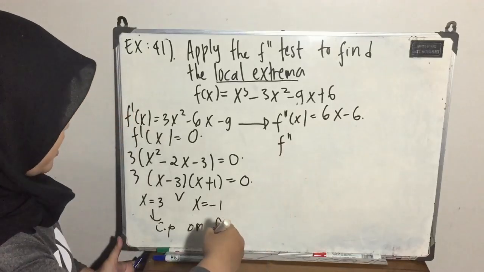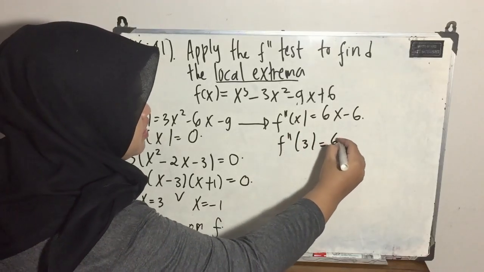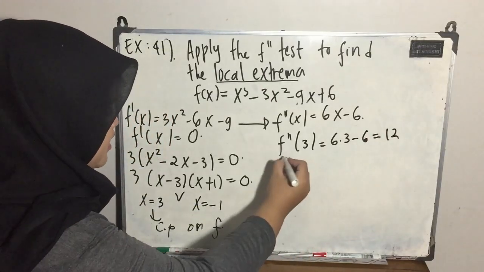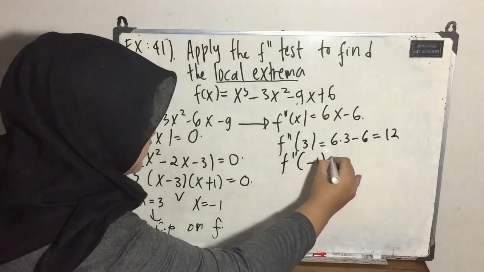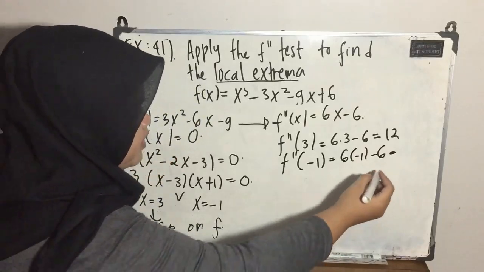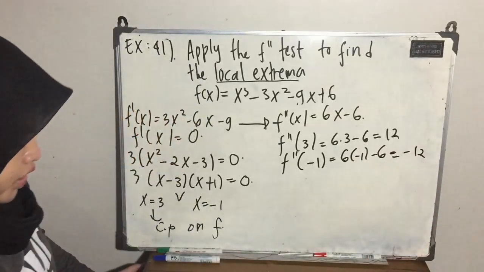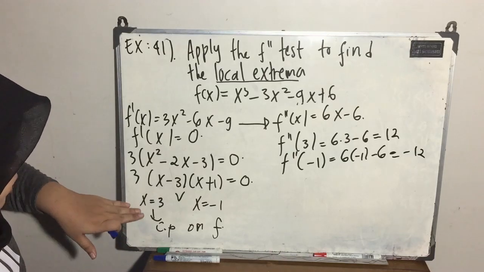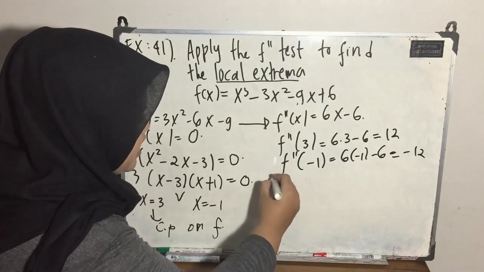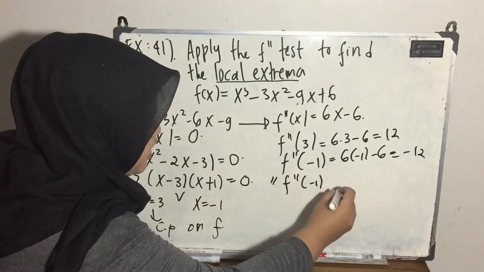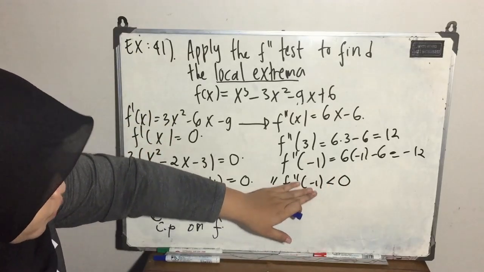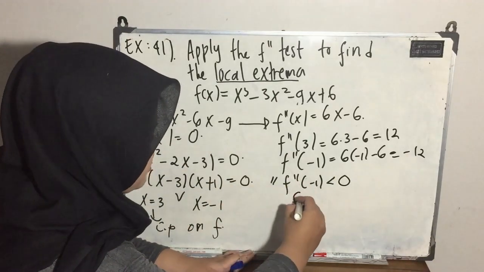So the second derivative at 3 is 6 times 3 minus 6, which equals 12. And then at minus 1, it equals 6 times minus 1 minus 6, so this one will be minus 12. Okay everyone, so you should substitute these into the second derivative. Since the second derivative at minus 1 is less than 0,